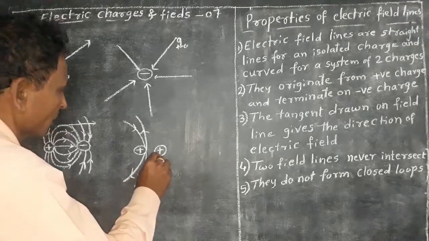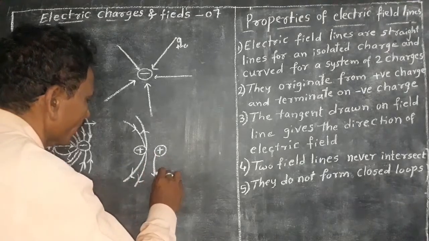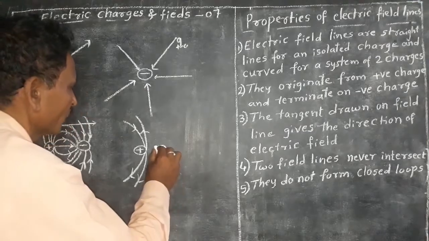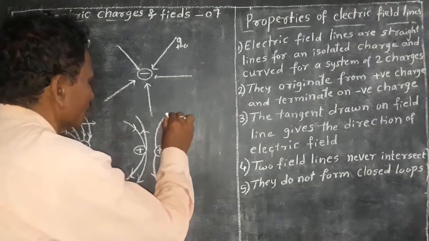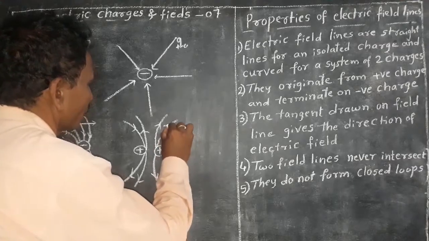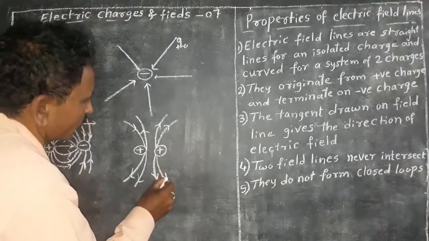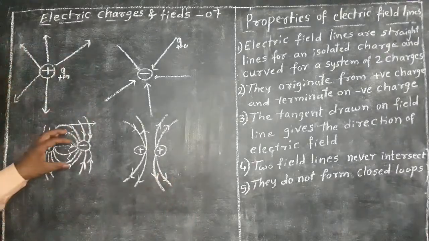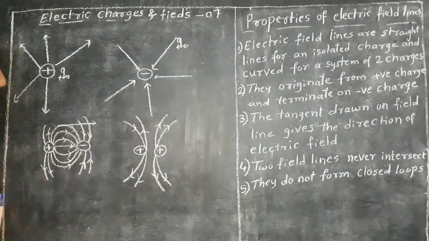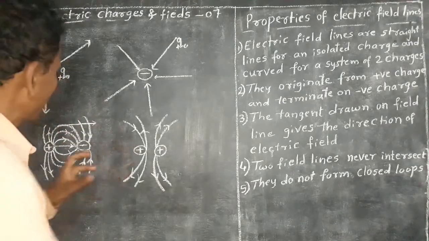Similarly, if a test charge is placed here, it moves along this path. It is an imaginary path along which a test charge can move. Therefore, for a system of charges, electric field lines are curved. And these two electric field lines